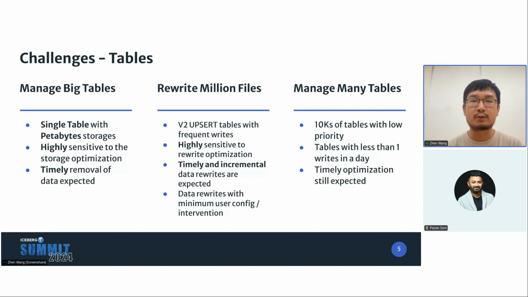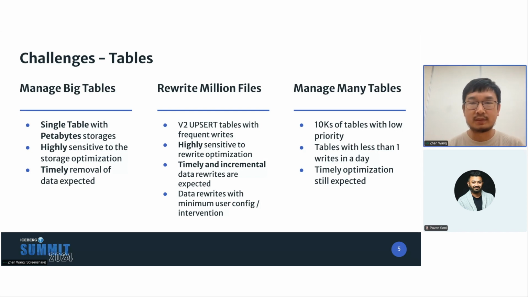So these tables are very sensitive to rewrite optimization. If you don't do the compaction in a timely manner, the query performance can degrade very shortly, like in hours. So for these tables with very frequent writes, timely and incremental data rewrites are expected,